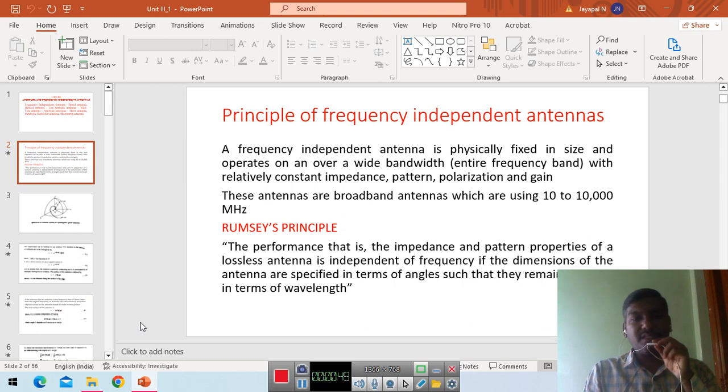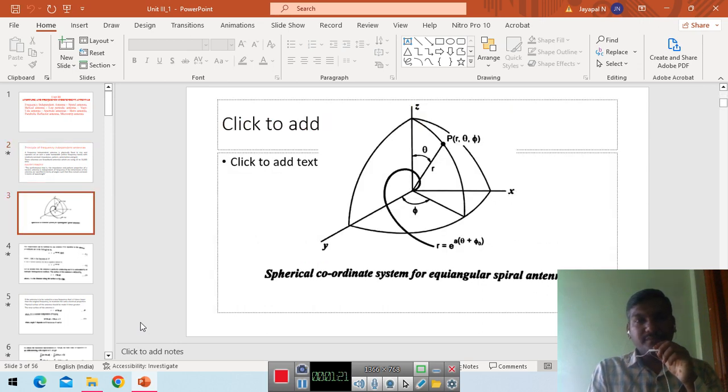The principle states that the impedance and pattern properties of a lossless antenna are independent of frequency if the dimensions of the antenna are specified in terms of angles such that they remain constant in terms of wavelength. So the impedance and pattern properties of the antenna, which are nothing but the radiation pattern properties and impedance properties, are independent of frequency if the dimensions of the antenna are measured in terms of angles and in terms of wavelength also. So this is the basic structure of our spiral antenna,